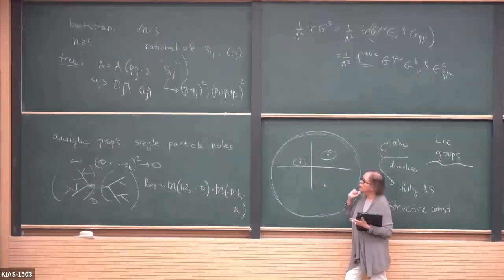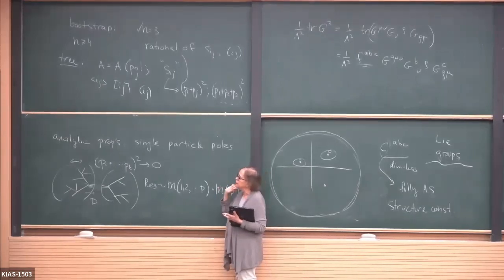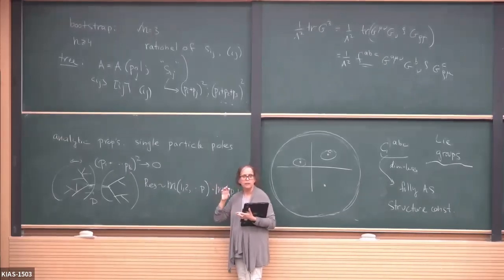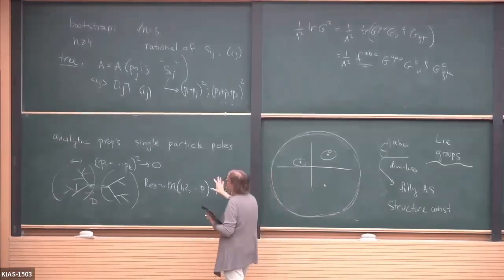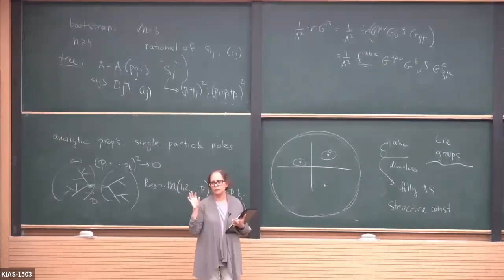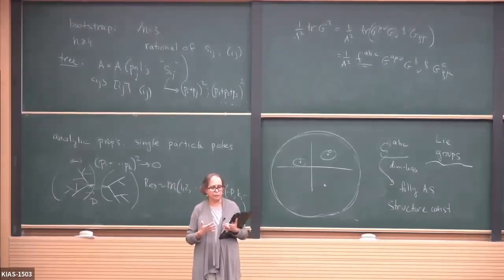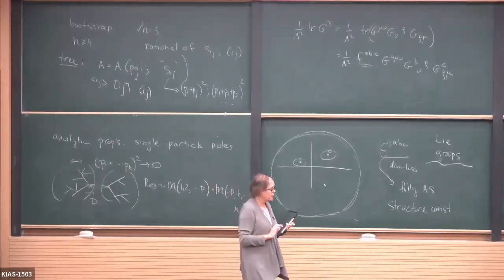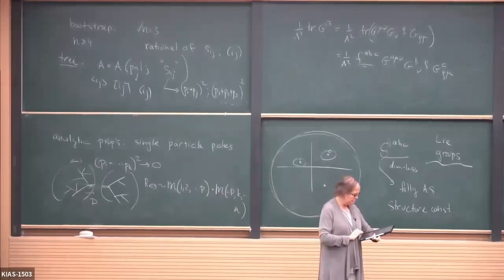And they got very complicated amplitudes using these methods. But one piece of progress that was made in the early 2000s is what's called recursion relations using shifts, where the idea is to take this problem and convert it into a problem in terms of a single complex variable. Then you can apply Cauchy's theorem and all the machinery to this function of a single variable. This is something that we're going to sketch. We'll see how much time we have to talk about it, but at least I'll give you the main idea.